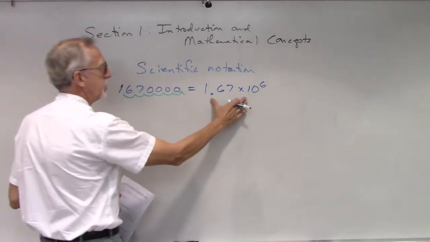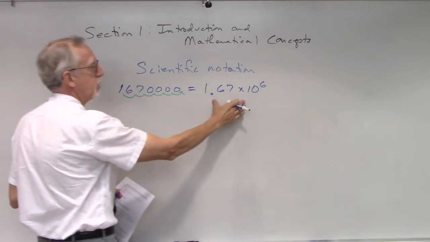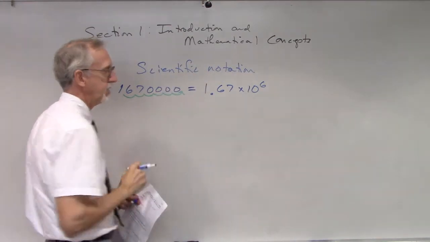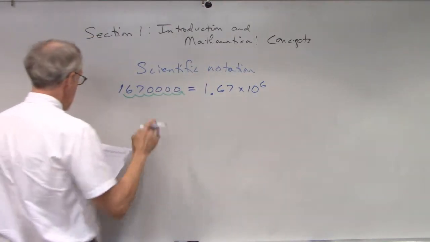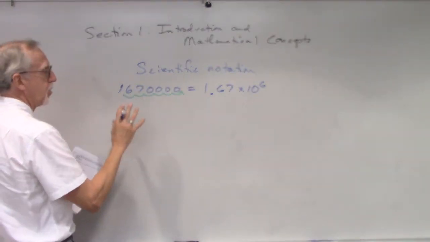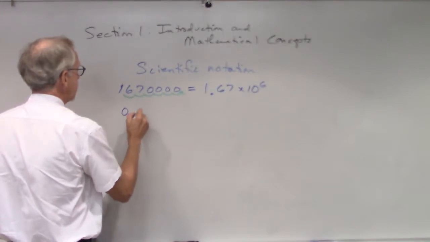And then that number is the same size as that number. And this is then what we say in scientific notation form. That number is written in scientific notation. For example, we could also write very small numbers in scientific notation. For example, let's say